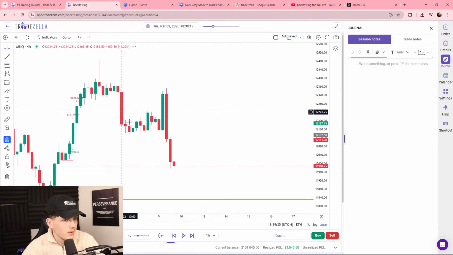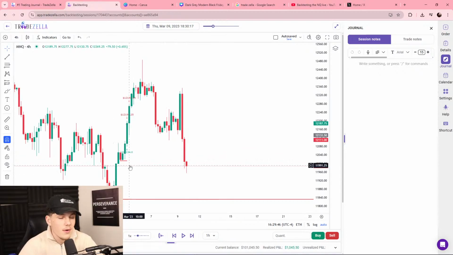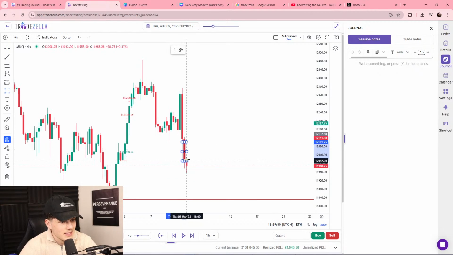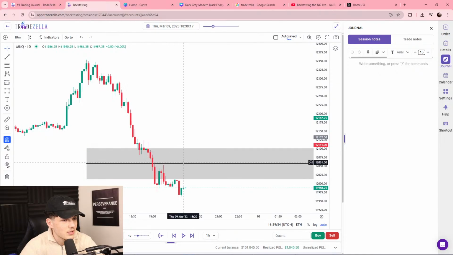So now we're going to go to our 4 hour. On our 4 hour, you can see we have a big up close candle, then an immediate rebalance and trade down, creating an amazing order block that we didn't actually touch. So now I am looking at this as a fair value gap to potentially trade to. Now, what time is it? Because I could be just doing nothing. Yeah, okay.